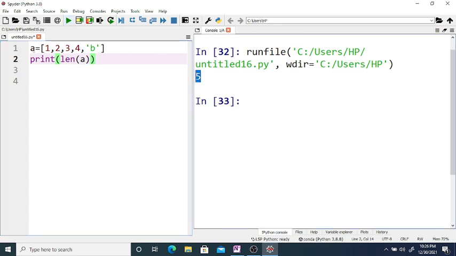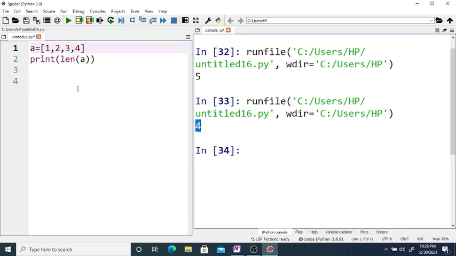It is 5. So it contains 5 elements, 1 2 3 4, and the last one is b. So it contains a total of 5 elements, so the length is 5. If you remove one element, the list is reduced to 4. So it contains only 4 elements. So this keyword gives the length of the list.